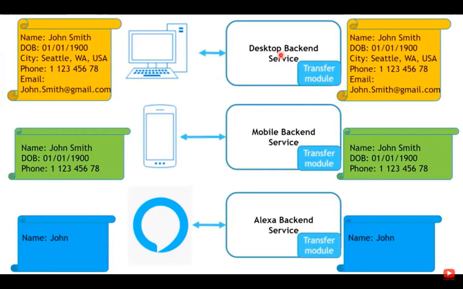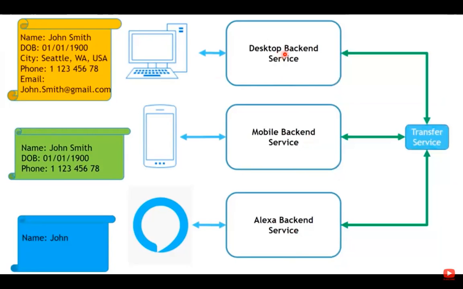And this is not the right way to do it. The right way to do it is to pull out all of these transfer modules from the backend services and put them in a separate service. Let's call it transfer service. Then we are going to have communications between the different backend services and the transfer service or any other